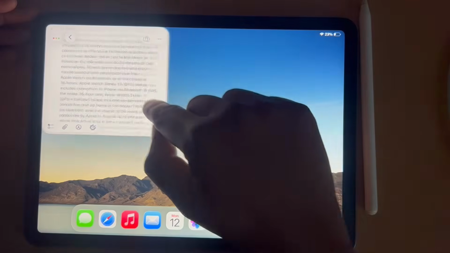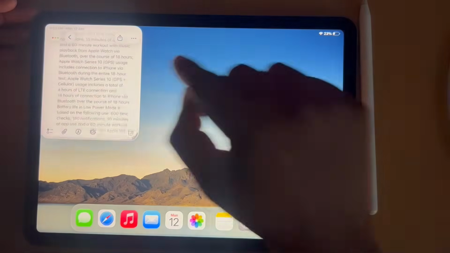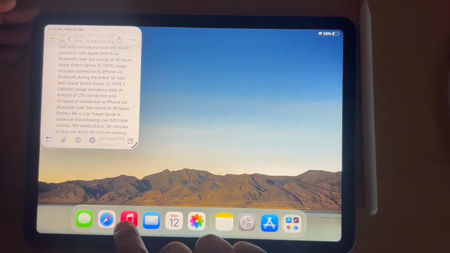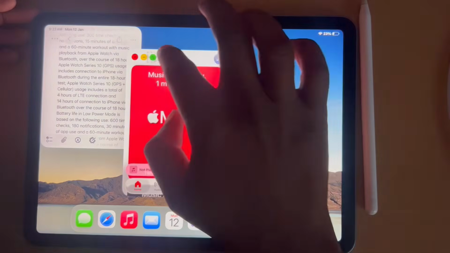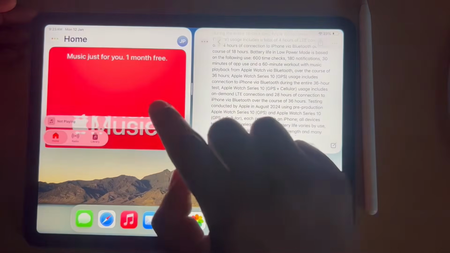Okay, you can just resize it like this and open another app. Let's say I want to open Music. So open Music here, and you will just press it here and like this. Okay,